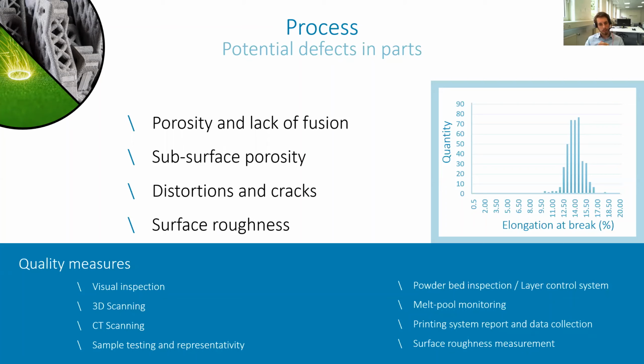Otherwise, regarding the process, there's also quite a lot of tools that have been built inside by the machine manufacturers, so we can have things like melt pool monitoring, also to have a look at each layer. Is it overheating or not? The systems are also providing job reports usually, where you can track all the parameters during your build, and you can evaluate all of this to see if your process has followed its right path, let's say. So this was it for the process. So we've now covered the whole triptych of